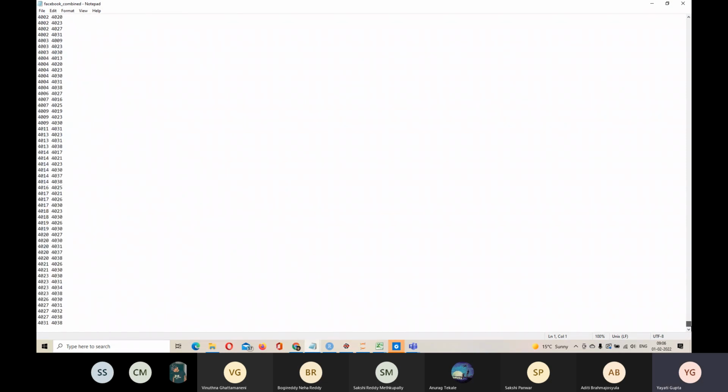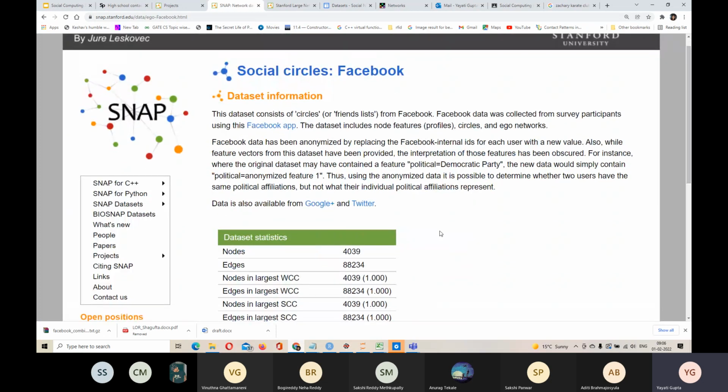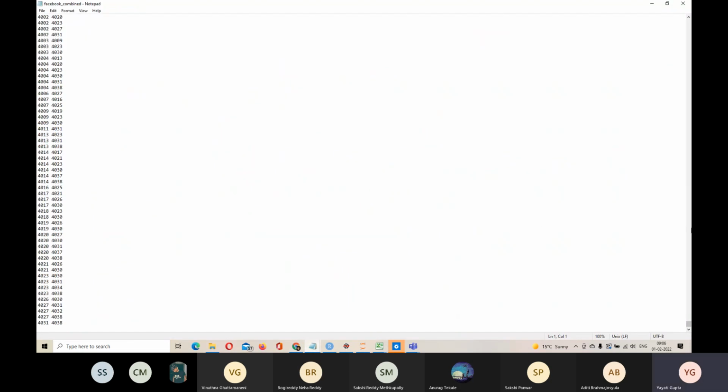How many nodes were there? Just a second. I think a little bit greater than that. Yeah, so there are 4039 nodes. You come to this file, you'll see all the edges. Your nodes are numbered from 0 to 4038, and this gives you the edge list. This tells you that node 0 is a friend with node 1, node 0 is a friend with node 2, node 0 is a friend with node 3, right? And again, there are functions with which you can read this file.